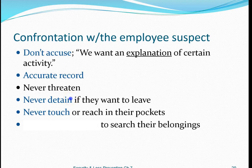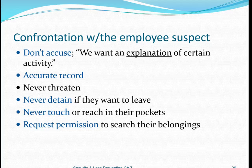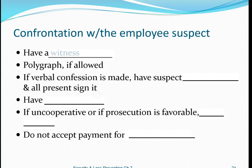Never touch anyone or reach in their pockets. And always ask permission to search their belongings. Again, you're not a police agency. You have to get permission to search their belongings. Again, depending on the policy of the company, sometimes there are companies where everyone leaving is subject to search, and their items that they carry may also be searched. It has to be understood and be some sort of agreement. If you're talking to someone, always have a witness. People are going to say you